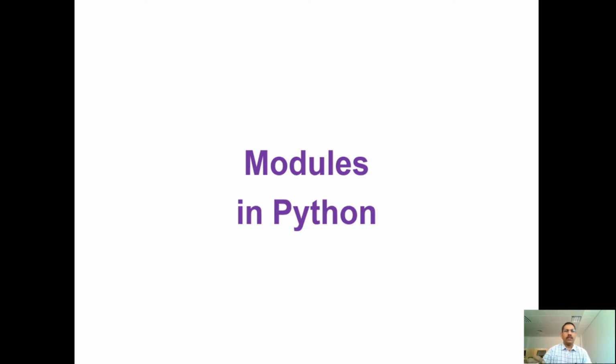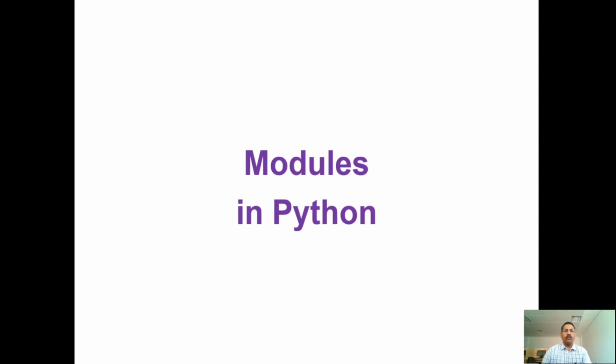In that library there are many functions available. So whenever we need some function or some operation from that library, we just call the library and use it for our purpose. This is the main aim of a module. In a module we have many functions, many methods, many operations.